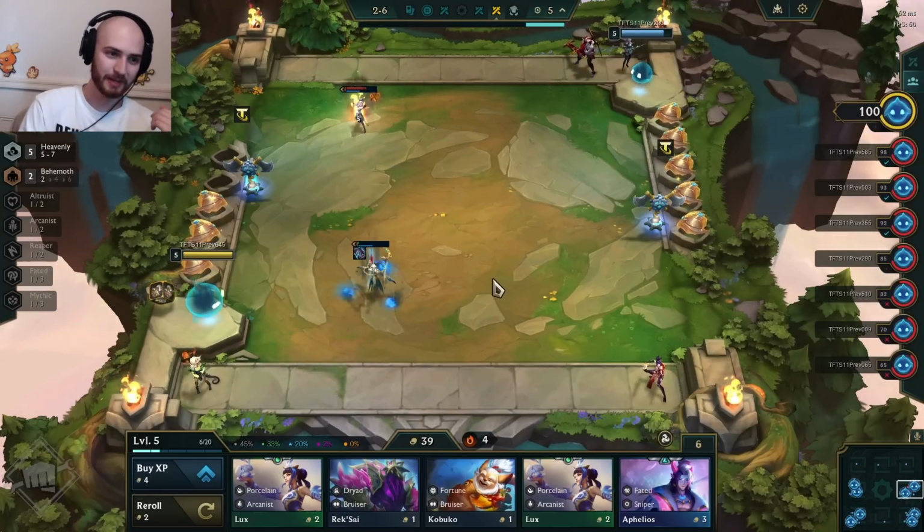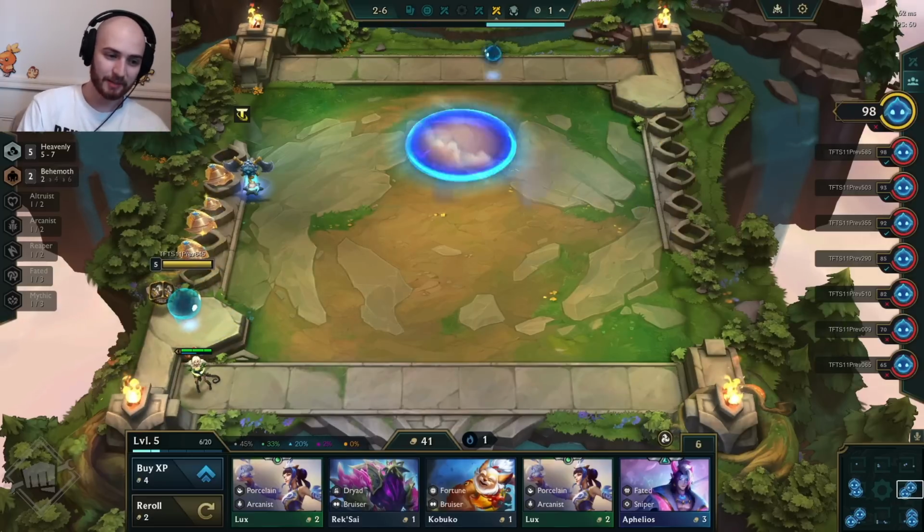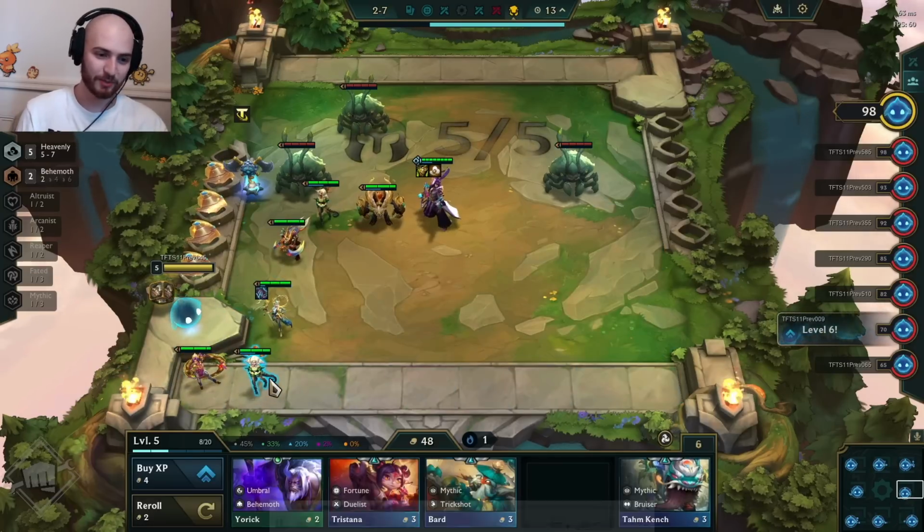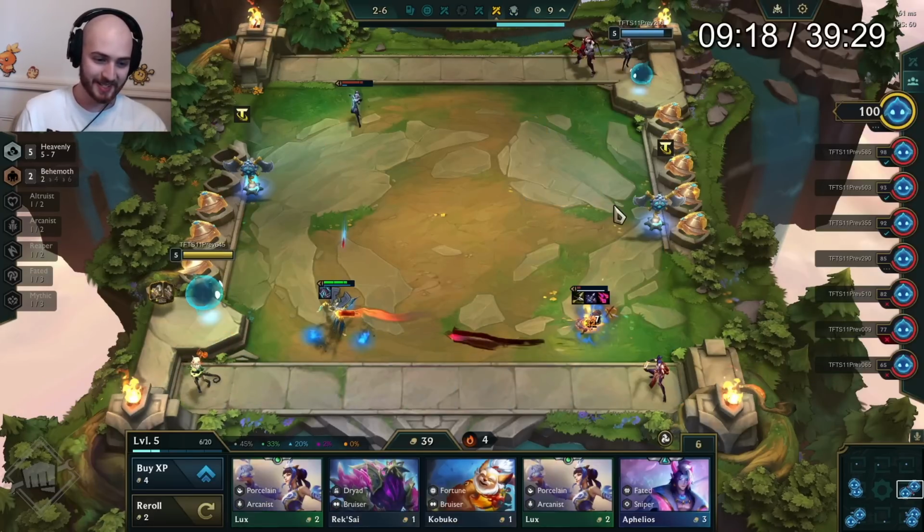This is what, like, come on, man. To being a, come on, man, I end up losing this fight. Oh, there's a cool unit in my shop there. We can actually go back and look at it, which is Kobuko, a unit that doesn't exist in TFT, but